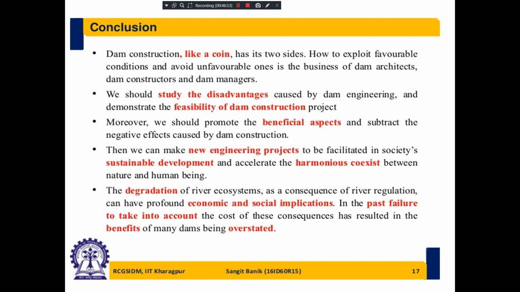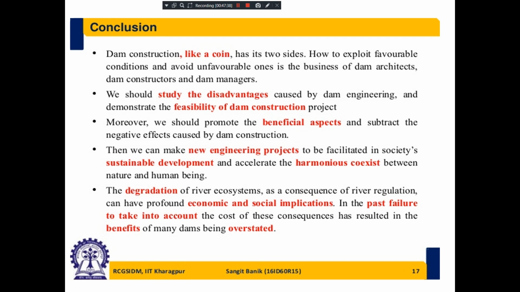For every natural resource, there should be judicious and equitable sharing and judicious use. The rivers are also natural resources, and we should learn to live harmoniously, to coexist with the environment. And of course, in the name of development, the degradation of river systems is happening. As a consequence, in days to come, in future, we have to come across a lot of economic and social implications. Whatever the past failures, now they will start